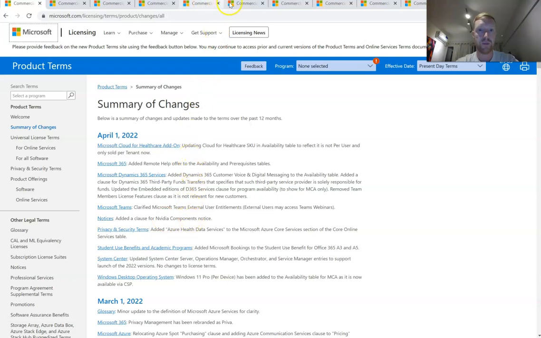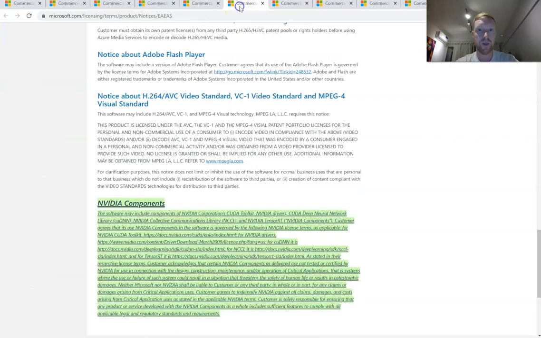So I think we're here now. Yeah, this is the notices page, and they've added an NVIDIA components part. So within certain software, you might have components included of NVIDIA Corporation. And also here, Microsoft states that they are not the go-to help desk for NVIDIA. You're governed by their terms and conditions,